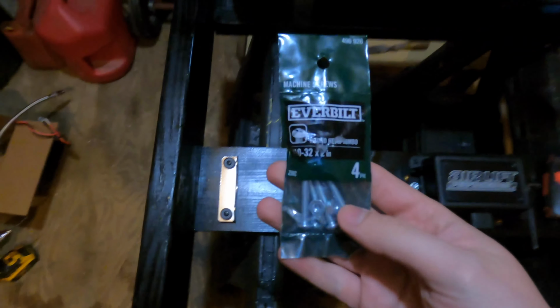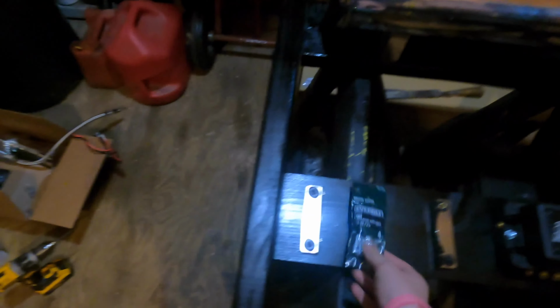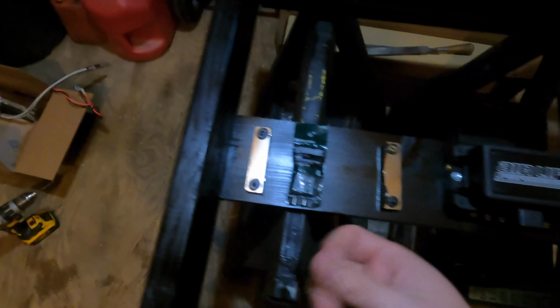I couldn't find them, and I stood there for like 20 minutes just looking at a bunch of numbers, but these will work. And so I'm gonna feed them through the bottom, and that will allow me to go all the way through, put the nuts on, and hopefully, ouch, I bumped my head, hopefully get this one in, because this is right behind that part that sticks up. But what I'll do is I'm gonna get you guys propped up and start working on fixing that, and then pretty much just go from there